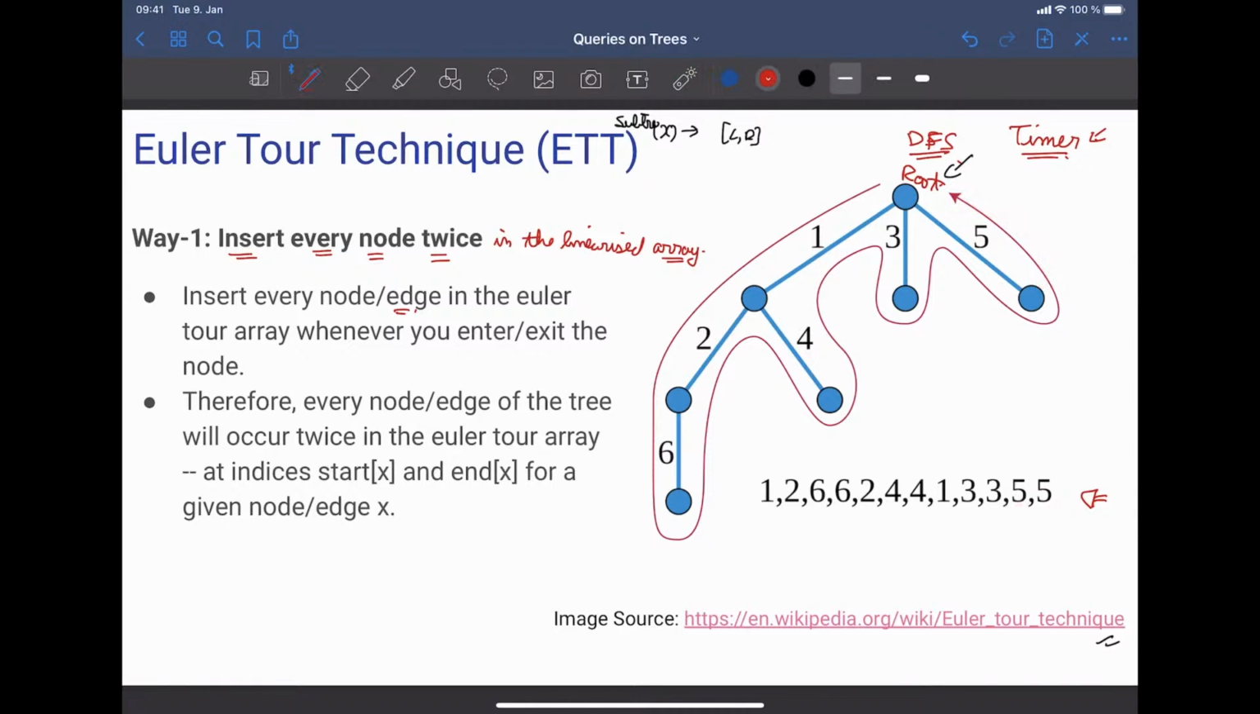So, you insert every node or every edge in the Euler tour array. This is the linearized array. Okay. So you push every node or every edge in the array whenever you first enter the node and whenever you last exit the node or last exit the edge. At that time, you push that node or that edge into your linearized array. So every node or every edge, whatever you are maintaining for the tree, will occur exactly twice in the Euler tour array. Because while doing your DFS,